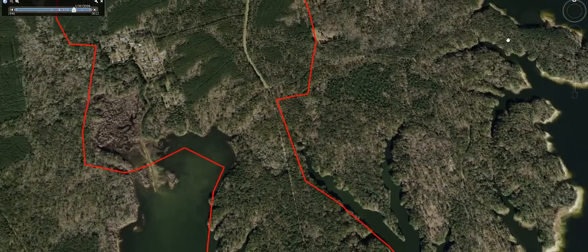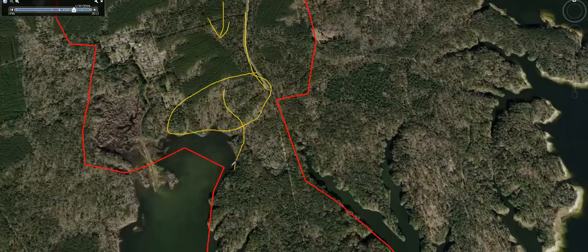And let's just say that maybe it's opening day of gun season or whatever the case may be. Okay, whatever the reason is, there's going to be a lot of hunting activity coming in here. A lot of guys coming in to hunt, and you have some sort of a north wind. Okay, so the wind's blowing like this, and there's going to be a lot of guys coming off this road here. Okay, and you expect a lot of hunting activity in this area here. When they come in off of these roads, that is naturally going to push these deer this direction, and it's usually within that first 5 or 10 minutes of shooting light, because